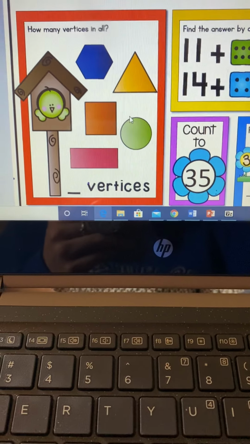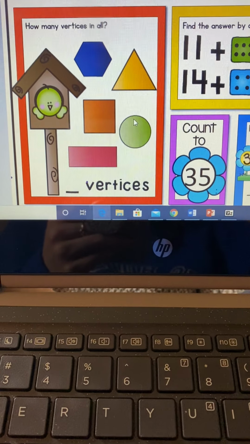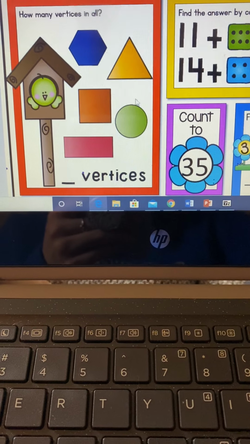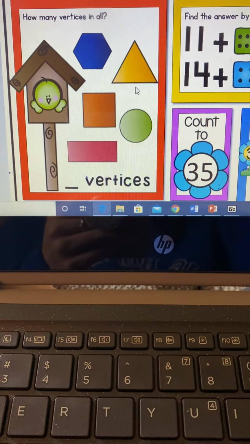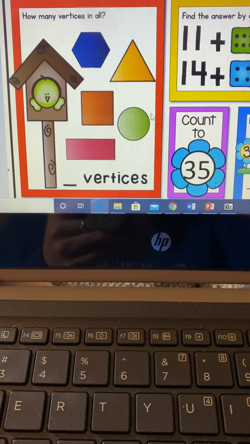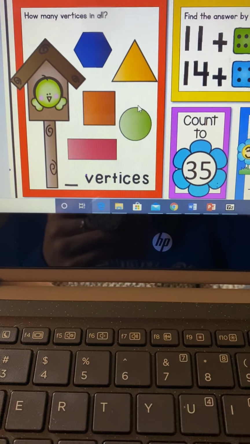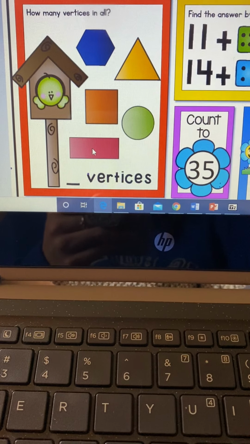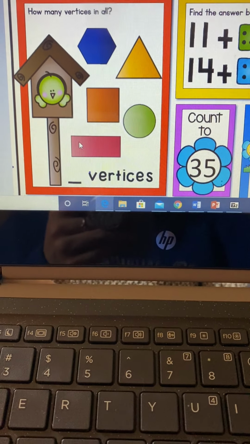Circle. This looks strange. There are no points or no edges or corners. Remember, a circle just has a curved line. So there are no sides, no corners, no edges, nothing in a circle. It's just one line that goes around and around. So we cannot count the circle. There are no vertices. So let's move on to our final shape, the rectangle, and we left off at 13,